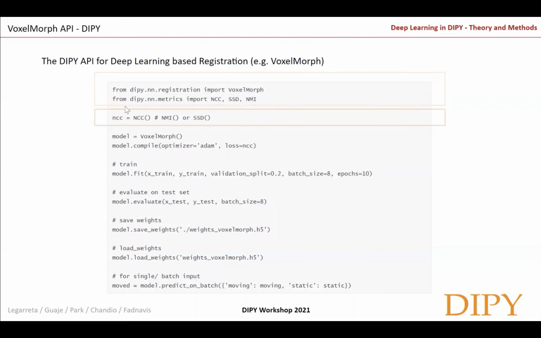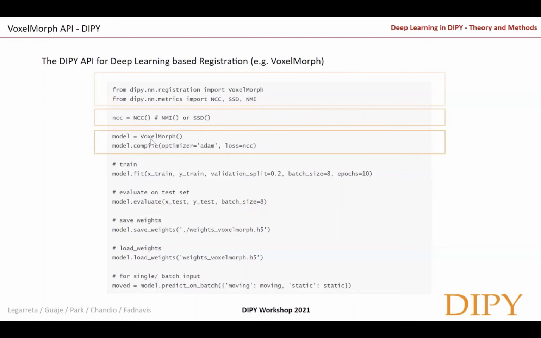So for instance, one can create the cost function or the objective function object that is going to be used within the VoxelMorph framework. For instance, I've taken normalized cross correlation over here, but you could also have NMI or SSD, and it would be in the same fashion.